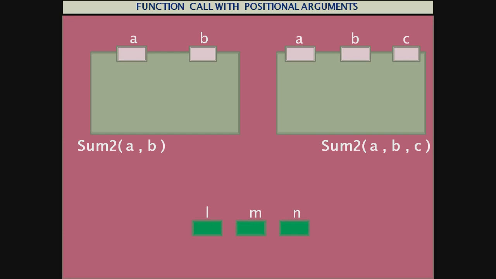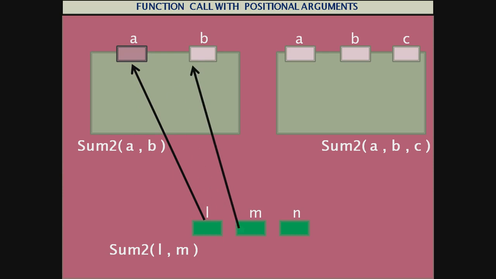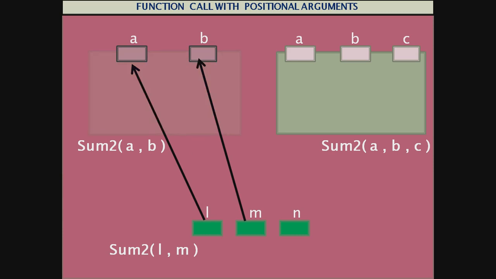Now what to do? Now sum2 L comma M function is coming for us, and we have to work with it. Suppose this function works. The interpreter executes this function. So what would happen? See, as the function gets executed, first of all, L is going to give its value to A, then M is going to give its value to B. Now the function actually works with the values in A and B. So the function worked. So you have understood how it works?